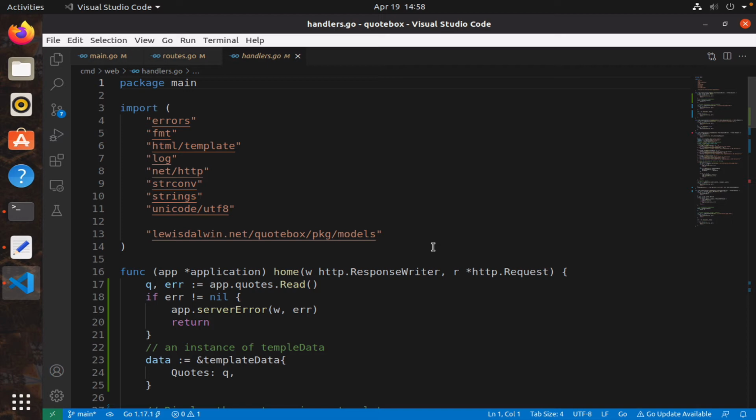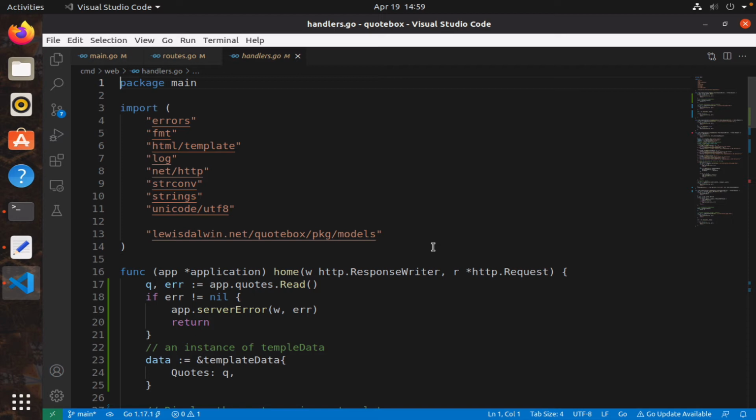In things like Node.js and so on, you call this a flash message. It shows up once and only once. So we want to do that to demonstrate to you how the session